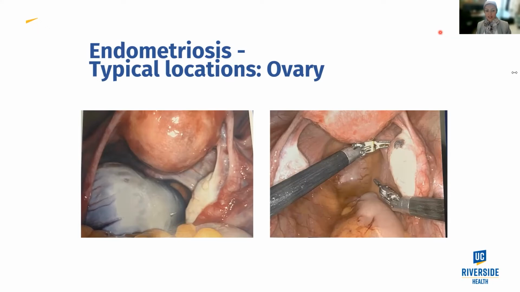Now, sometimes the cyst is not that big. So if we look at the next picture now, Cyan, on the right side, there's a tiny blue dot on that right ovary. This is a very small endometriotic implant on that right ovary. Now, who's to say that this implant is not going to turn into a big cyst in 1, 2, or even 3 years? We don't know. Some people have disease that grows very slowly, and other women have disease that's more aggressive and grows very rapidly.